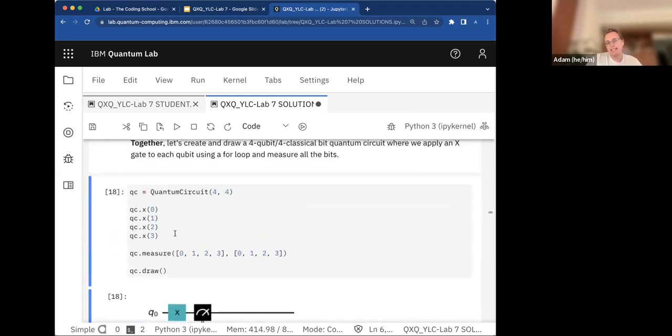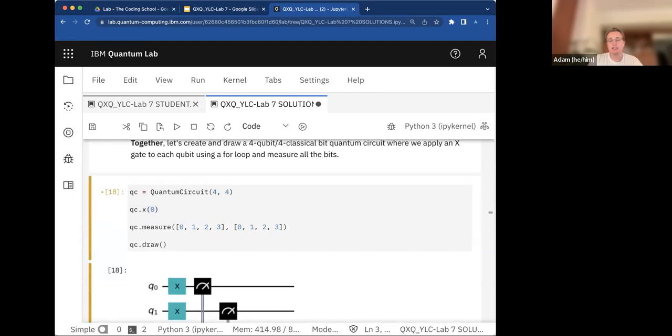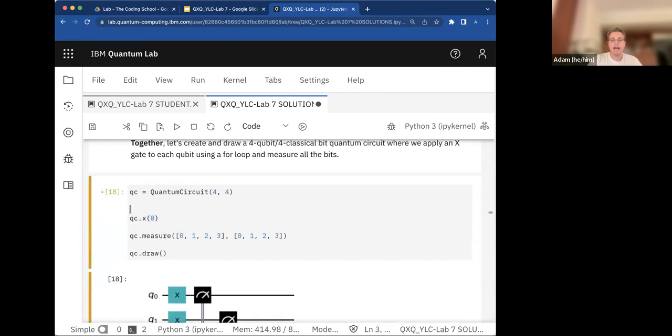But now what I'm saying is we can use this handy new tool called a for loop to basically combine all these lines, to just make it a little simpler. Notice that all of these lines are the exact same. The only thing that changes is which qubit we apply it to. So this for loop offers us a way to do that, where we can say for index, or you could call it qubit number, qubit index if you wanted, in range 4,